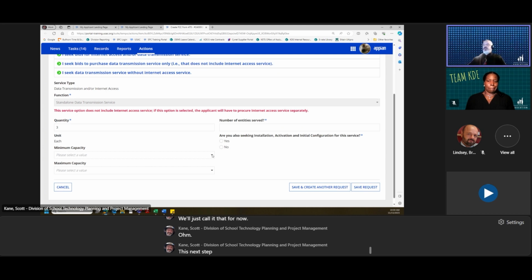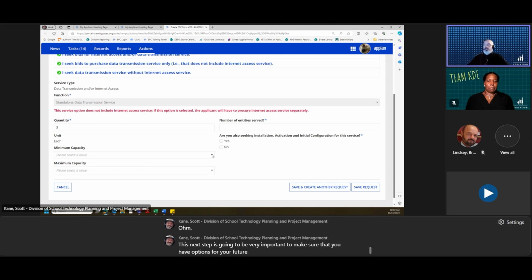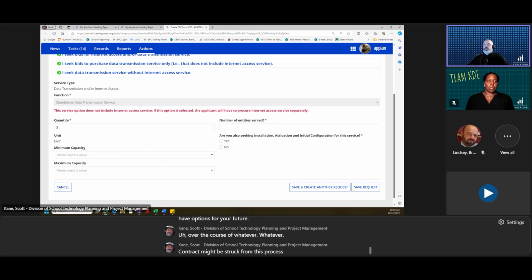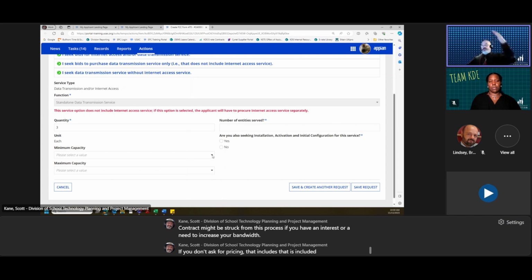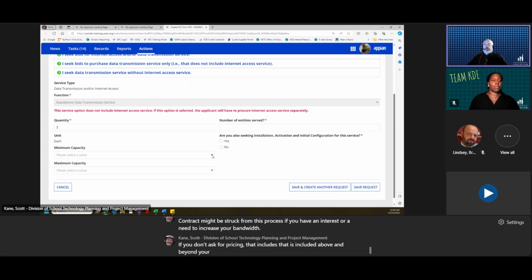This next step is going to be very important to make sure that you have options for your future. Over the course of whatever contract might be struck from this process, if you have an interest or a need to increase your bandwidth, if you don't ask for pricing that is included above and beyond your current level of service, you would have to come back out to bid